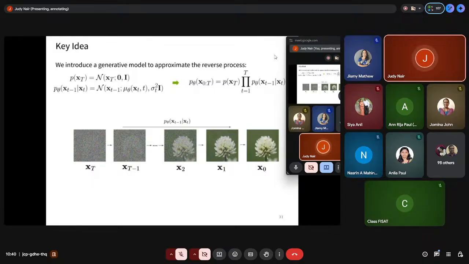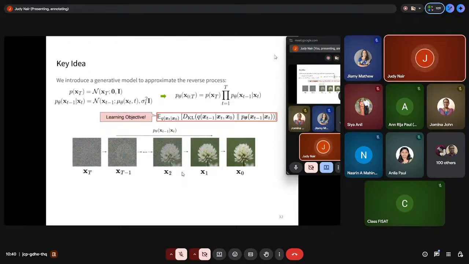Now let's see what they do in the reverse process. It's just the opposite of this. So you give xt, and we get p of xt minus 1. This is actually an unknown distribution, which is why we are using a neural network to approximate it. The neural network does the approximation, and theta is the parameters that the neural network actually learns.